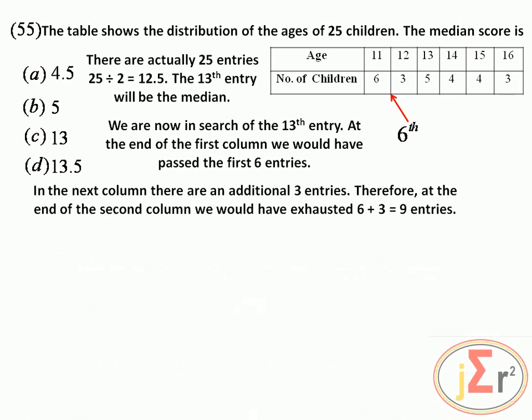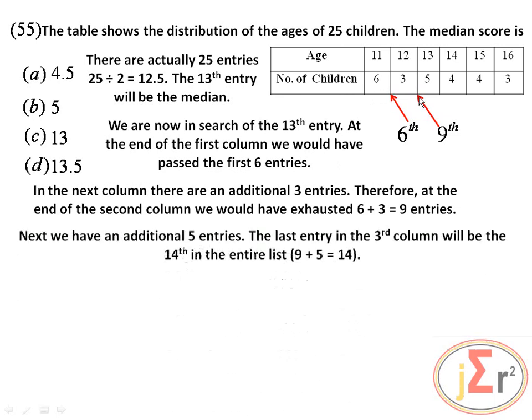Therefore, at the end of the second column, we would have exhausted 6 plus 3, which is equal to 9 entries. Next, we have an additional 5 entries. The last entry in the third column will be the 14th in the entire list. So we have the 9 now that we will add another 5 to, and we would have gone past